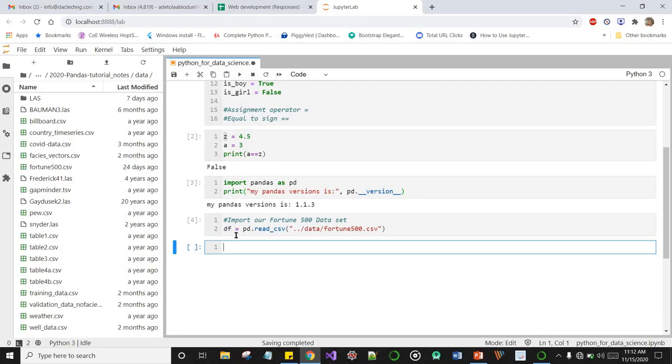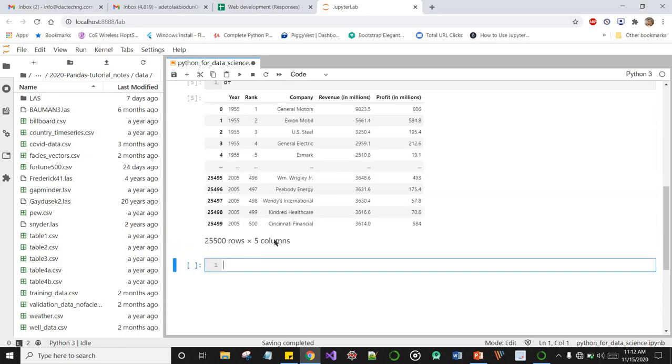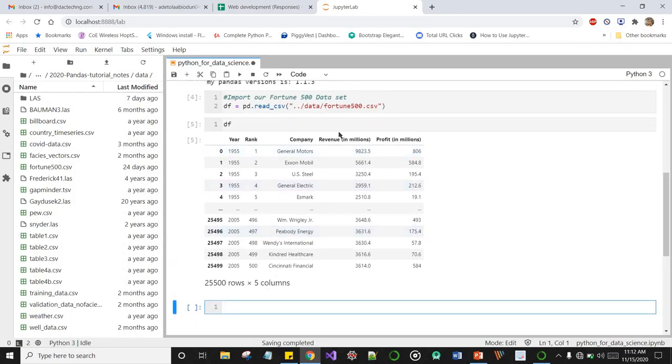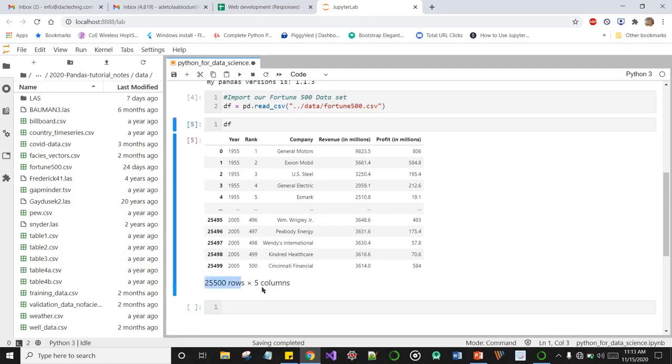So to display our data frame, I can just simply write df and I run shift enter, and boom, this is pandas. The same CSV file we have, pandas has converted it into what is called a pandas data frame. So this is known as a pandas data frame, and below it we can see we have 25,500 rows and 5 columns.